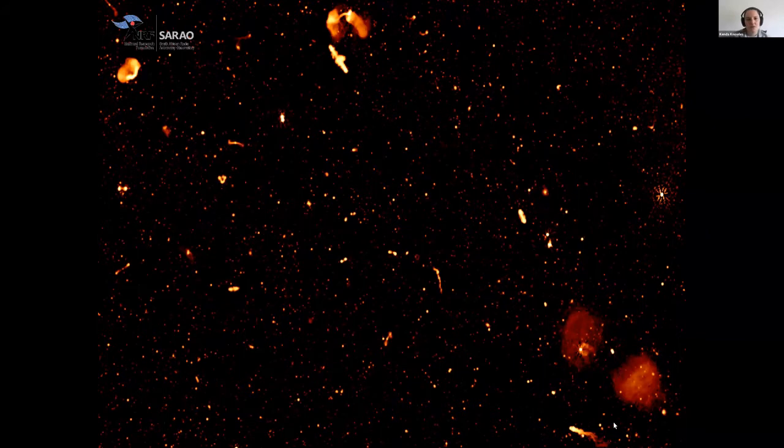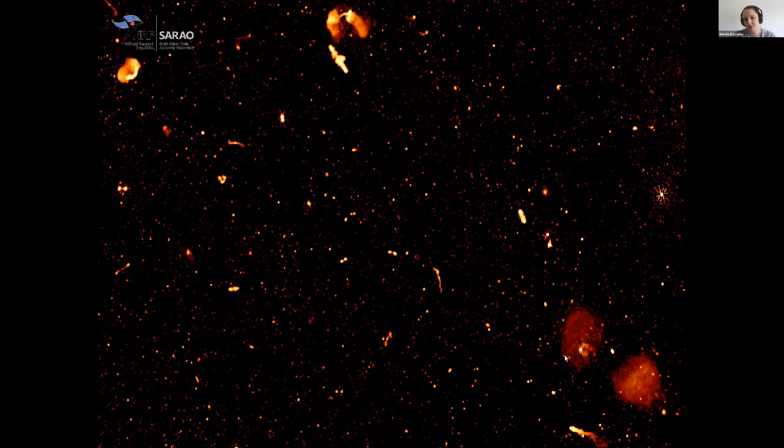So I just want to pause on this background image for a while. This is a patch of one of the cluster fields, and I've edited the scaling here. So basically every single red point that you see is a galaxy. And you can see that this is a really nice and sensitive image. You can see that you're picking up fine scale structure in these strings and filaments, but